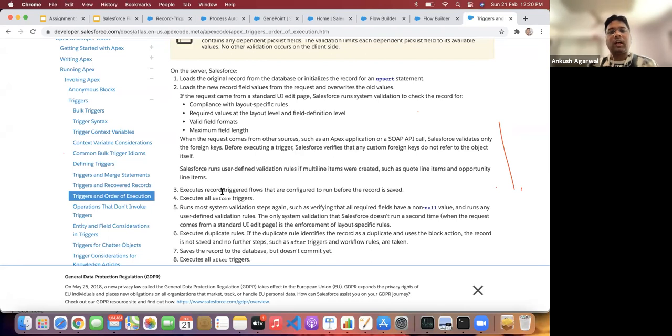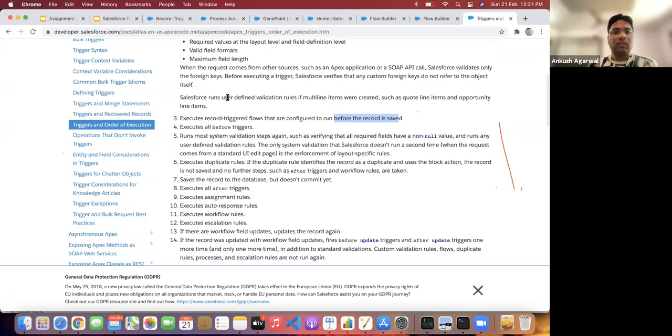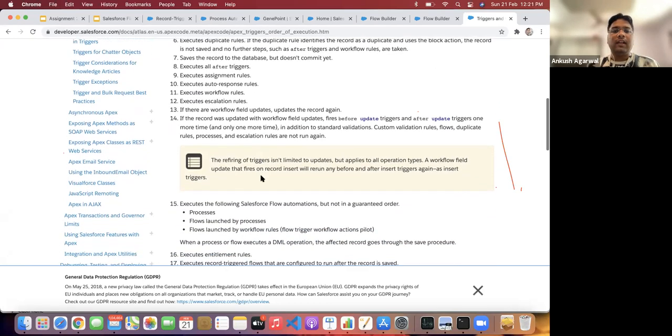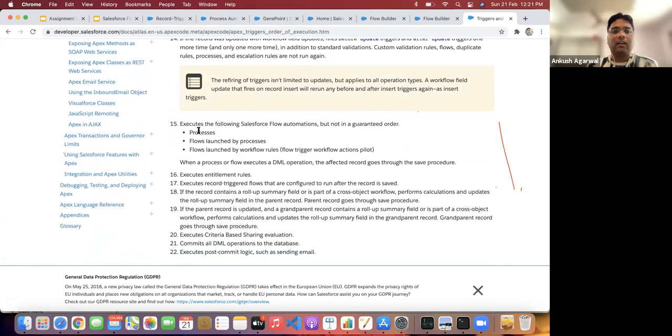But you have to make sure that if you have before triggers, you verify that it should not be recursive. Like that, you have to follow all the steps, the sequence of events. And similarly, the after update flows will execute at the very end.